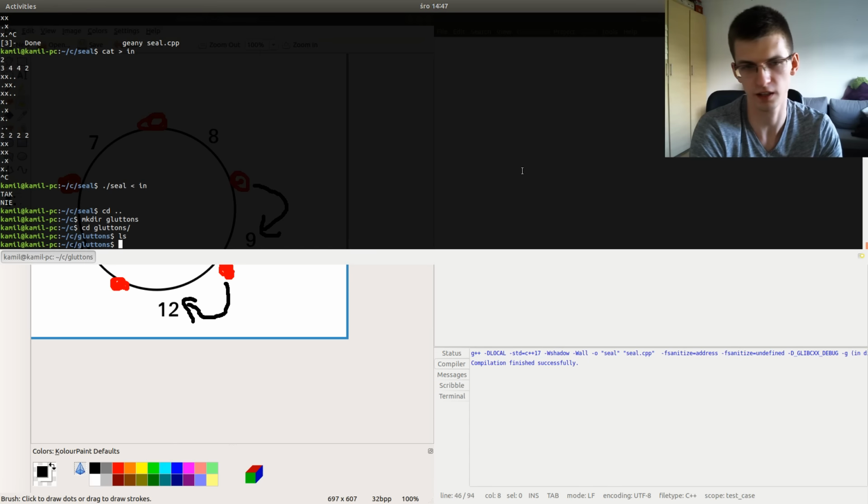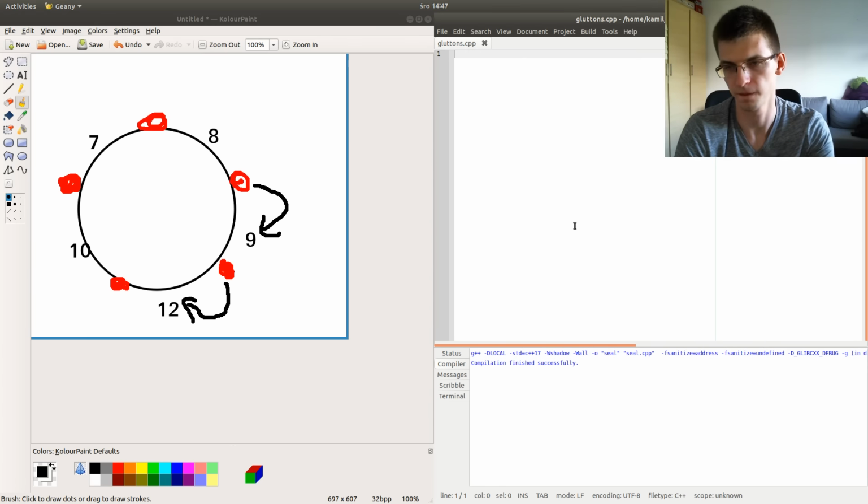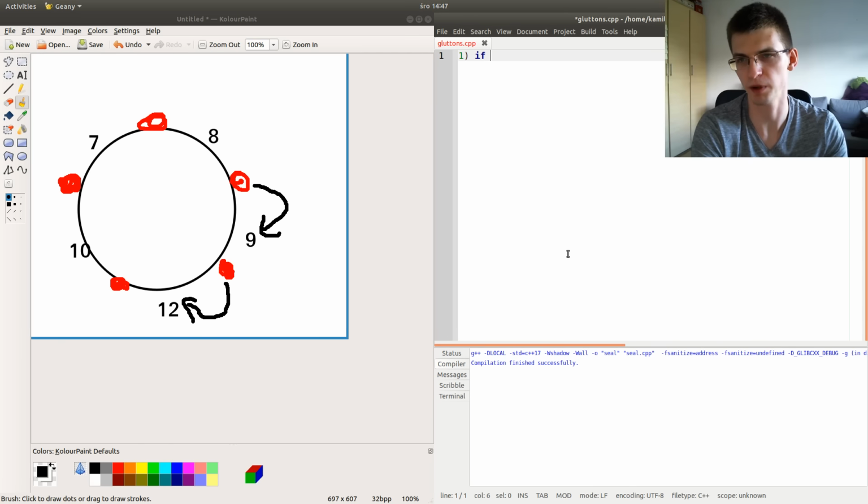I think we can write down the rules. So there are 2 rules we used so far. Let's say that a and b are 2 adjacent numbers.